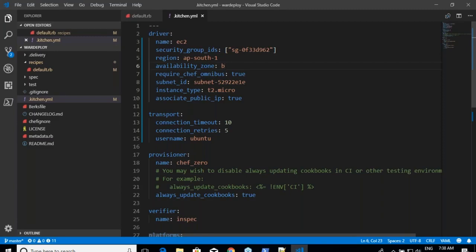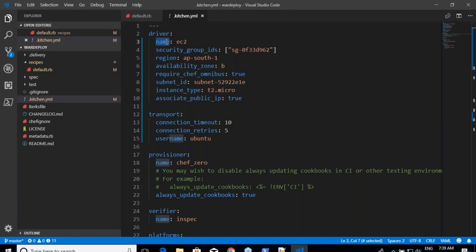In the kitchen EC2 driver, for every key in the YAML which you are seeing, there is enough description. I want you to understand what everything does, look at that, and fill in whatever makes sense to you. I wanted to create Ubuntu 14, but I realized that Ubuntu 14 was not showing up, but I am okay with that. I've tried to create an Ubuntu 16 machine.